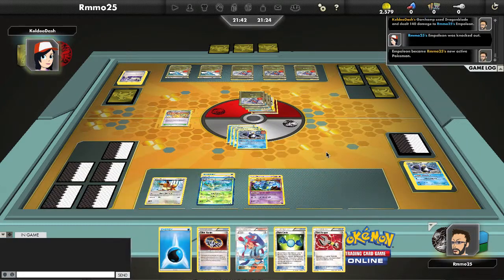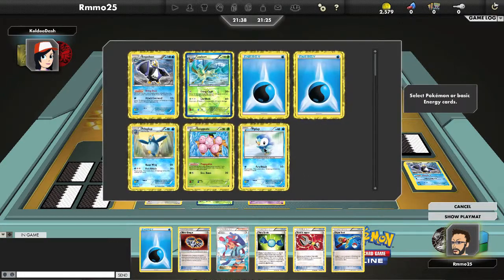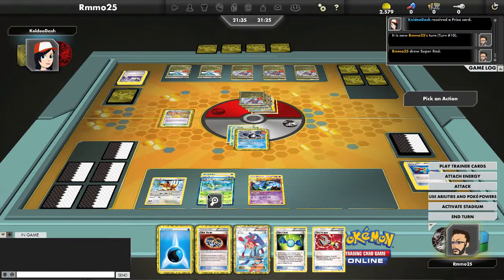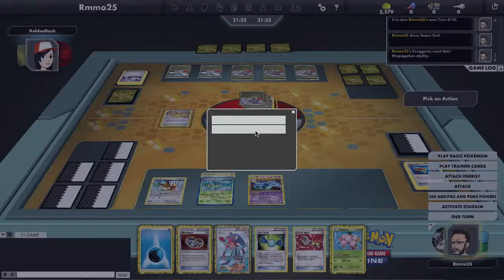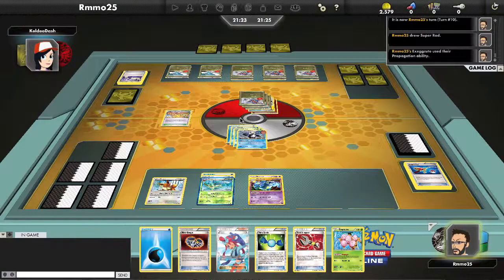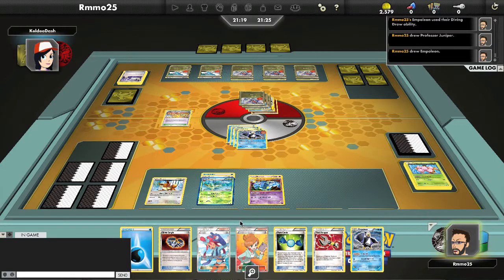So I think I'm down just one prize, which is not a lot, I know, but my last Empoleon will go down right now. That means I won't have Diving Throw. Maybe I will have to give up 1 or 2 prizes, but out of that Diving Throw I draw 1